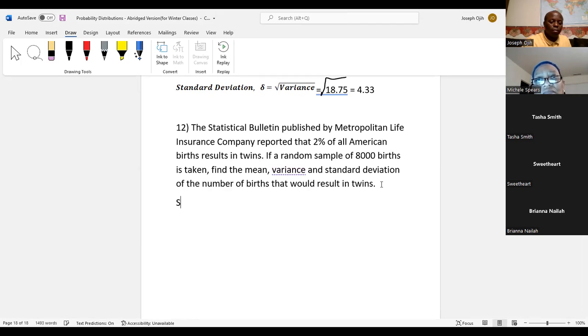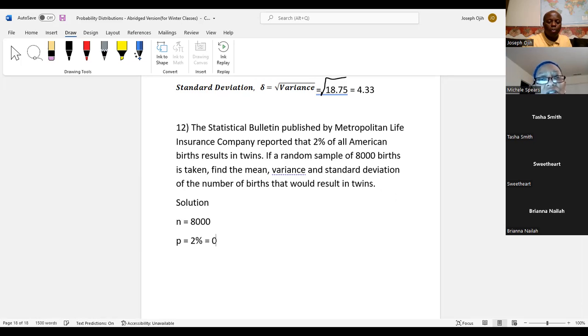Okay, solution. How many births are we taking? How many births are in the sample? 8,000. So our n is 8,000. And our p is 2%, right? So 2%,